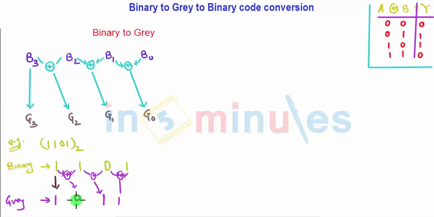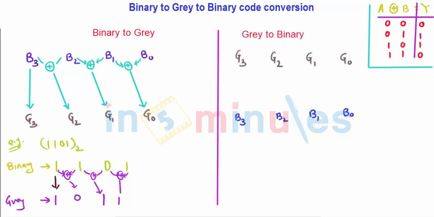So let us try to convert gray code into binary. So what is the operation? Again the same XOR logic will be implemented. Now we have available a 4-bit gray code, that is nothing but G3, G2, G1, G0, and as we have seen while converting from binary to gray, G3 is same as that of B3, so here B3 will be again same as that of G3.